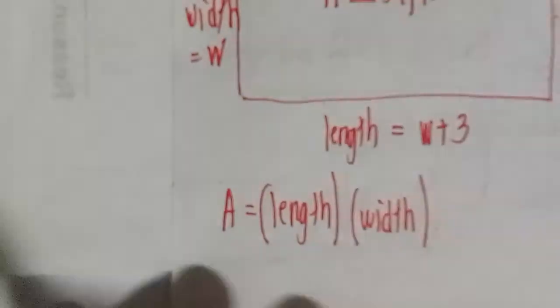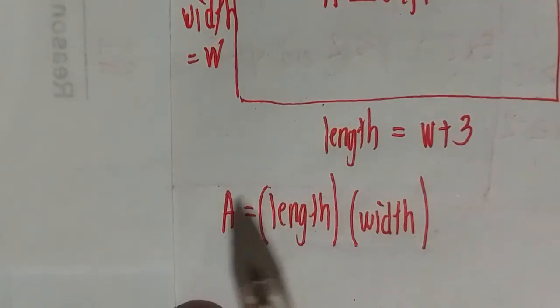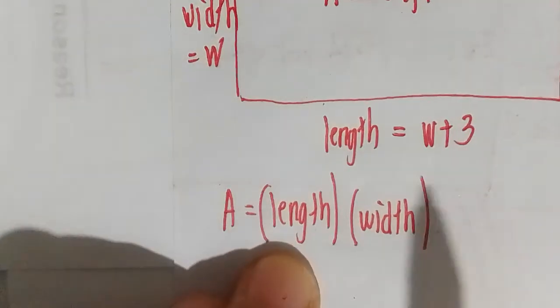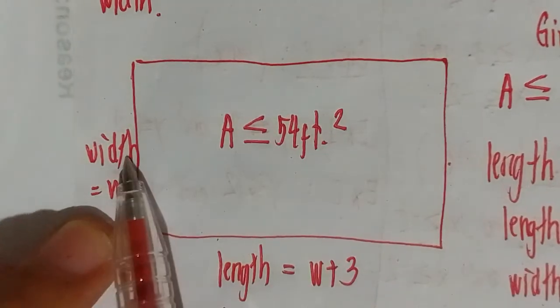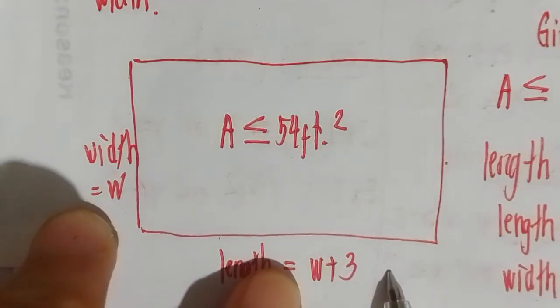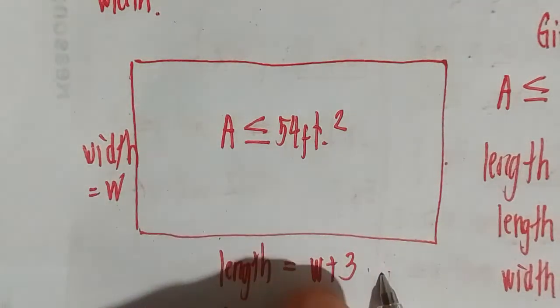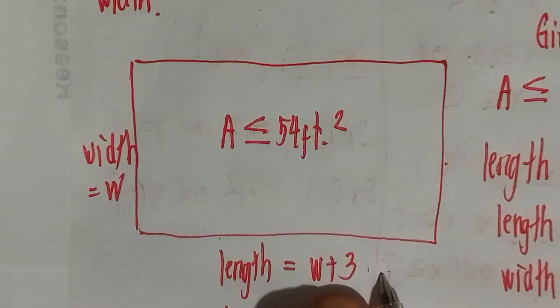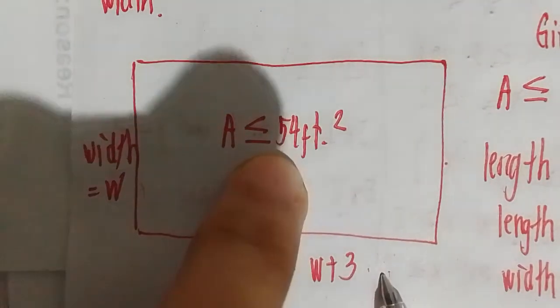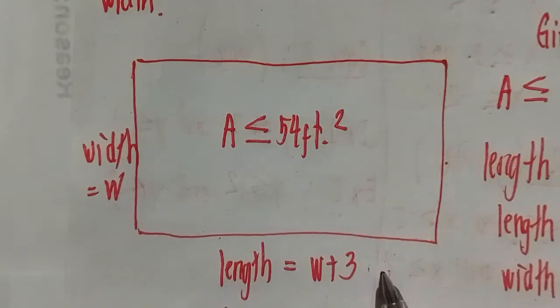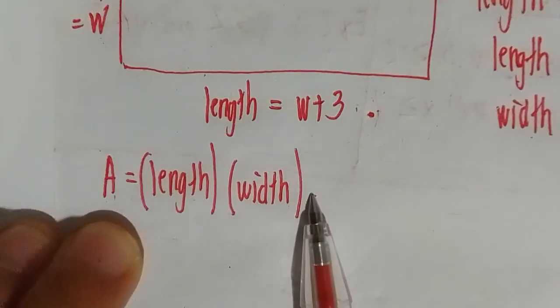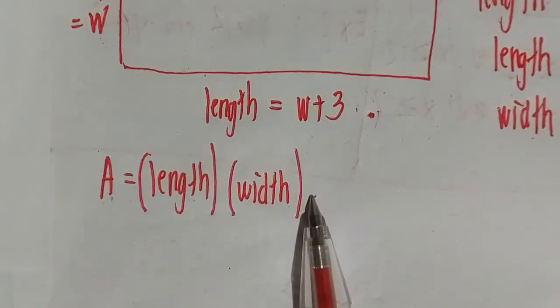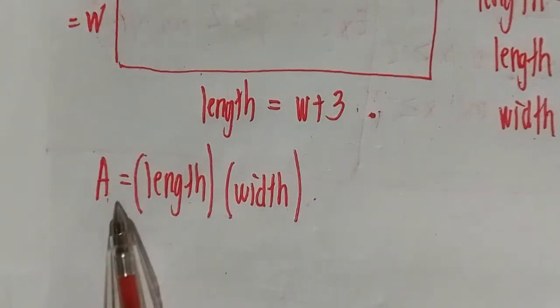Again, the area of a rectangle is obtained by multiplying its length and width. So in the illustration, we multiply W and W plus 3, the width and the length, and the result is less than or equal to 54 feet squared. It is not exactly equal. The equal sign only serves as a guide for making the quadratic inequality, but we do not follow the equal sign literally,